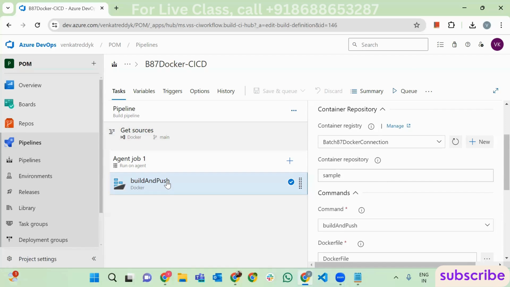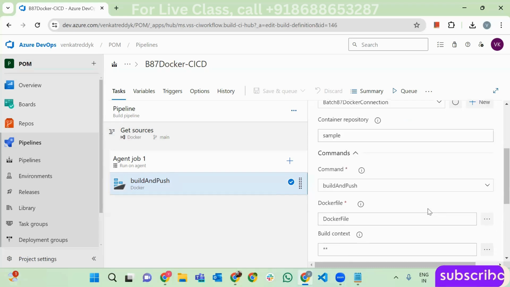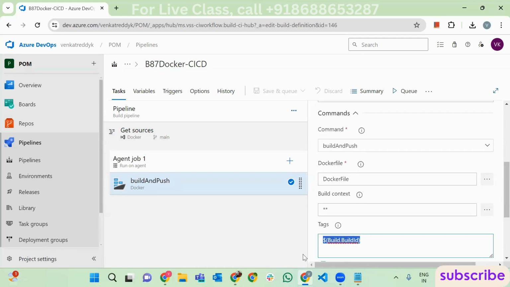Pushing it to the container registry, pushing it to the cloud. So both are happening in one task. Till now, we had the build pipeline separate and the release pipeline separate, but now both are happening in one task. Correct or not? Yes. Now, this is the repo name I have given, and with the build ID, the tag will be created